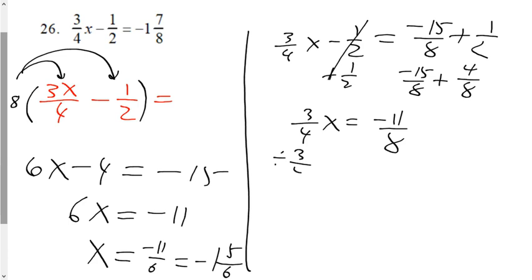Divide by 3/4 to get rid of the multiply by 3/4. But dividing by 3/4 is the same as multiplying by what? Dividing by 3/4 is the same thing as multiplying by 4/3, which you get x equals negative